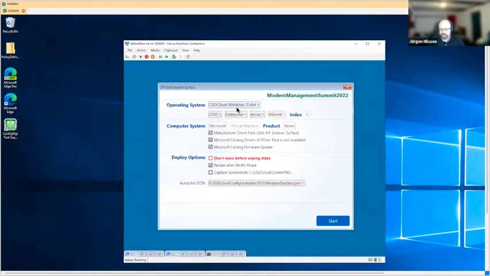Build. In Windows 11, there's only one. Which edition I want to install, which language. I can say which drivers I want to warn. I can say do not warn me before wiping the disks. And in this case, I